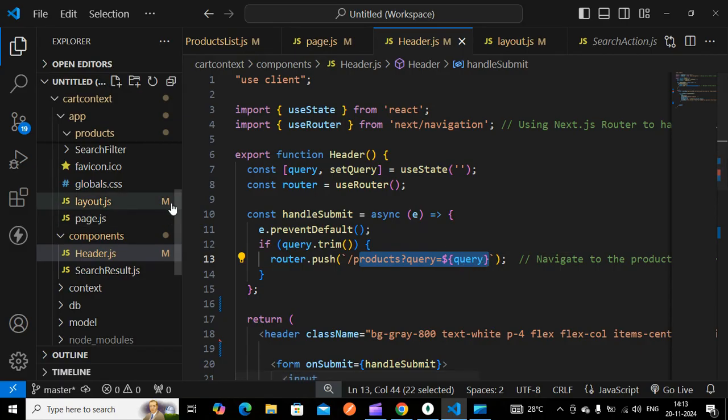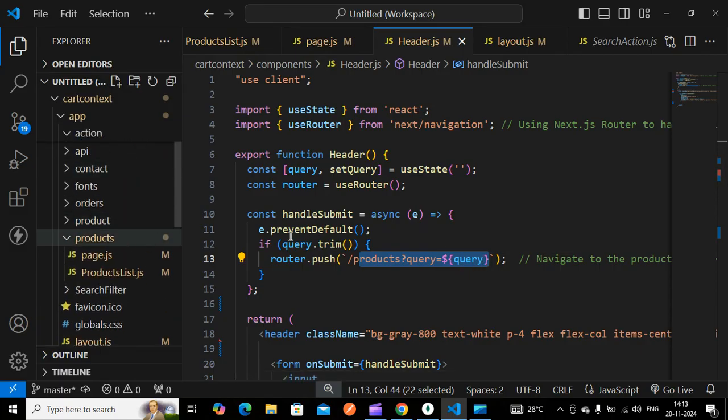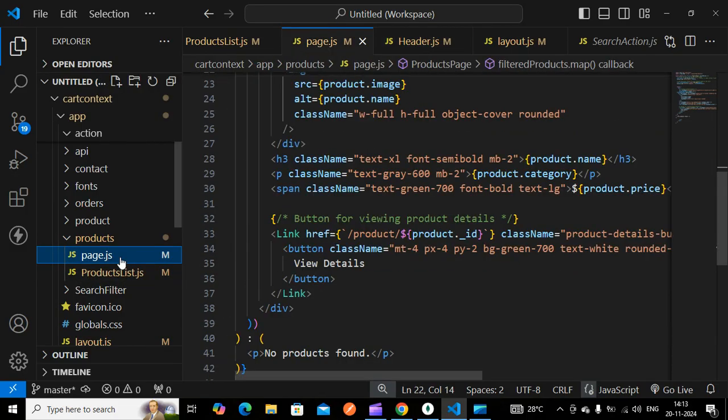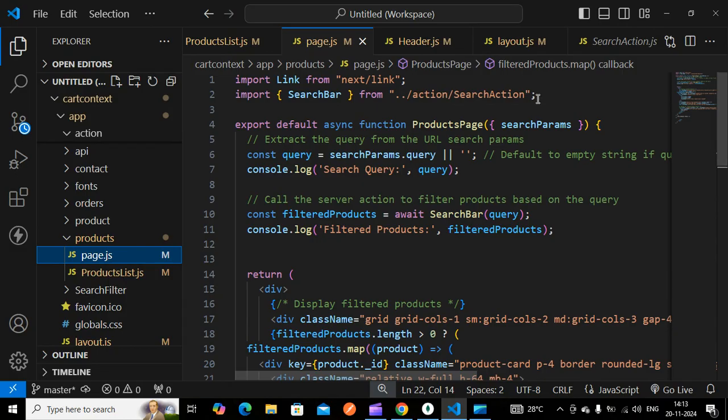So once it goes to the products page, the search bar, in the search params, extracts the query from the search params. So it will store whatever I have typed.